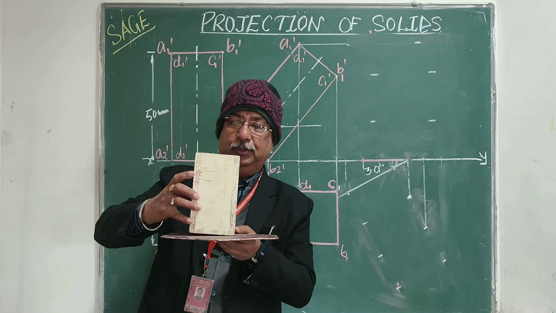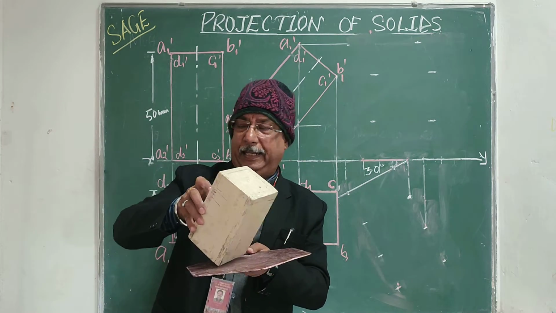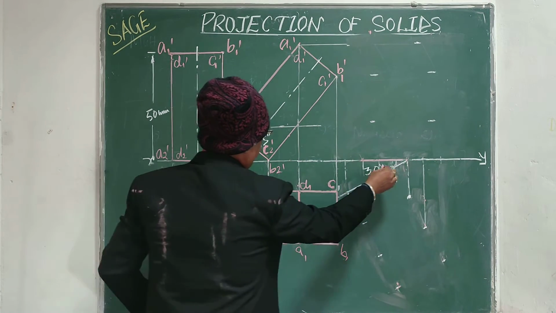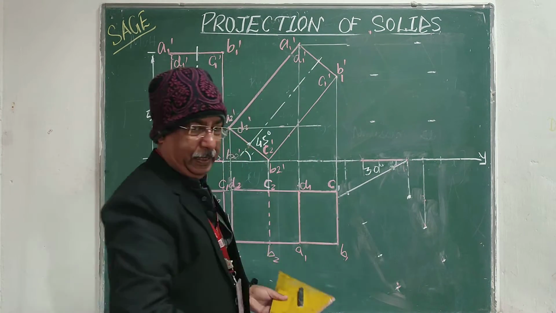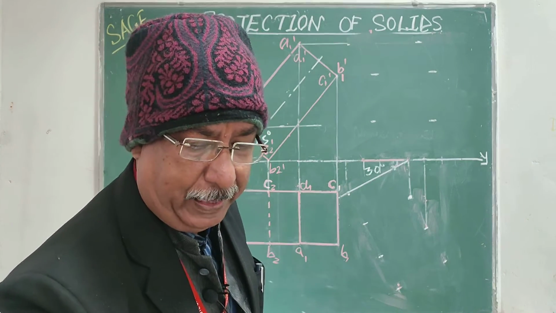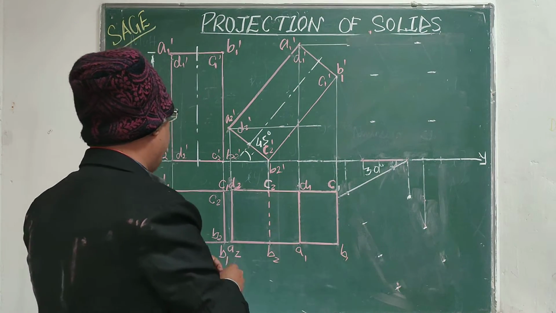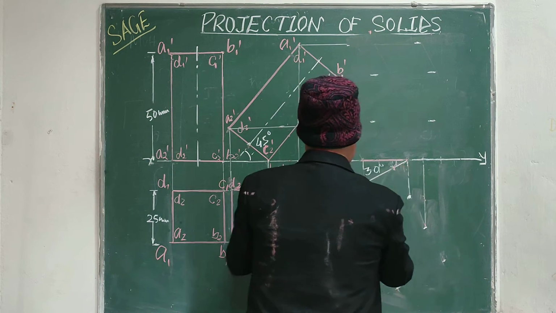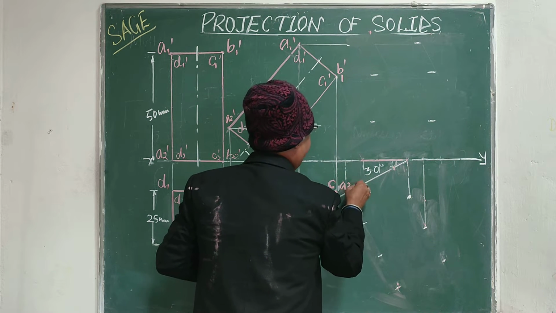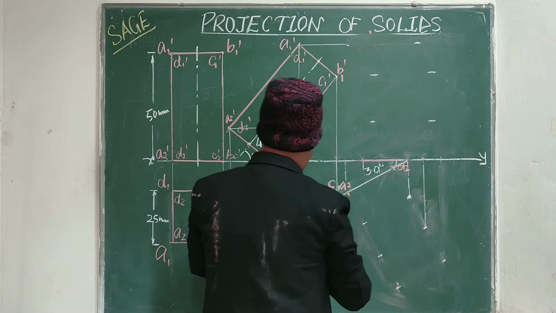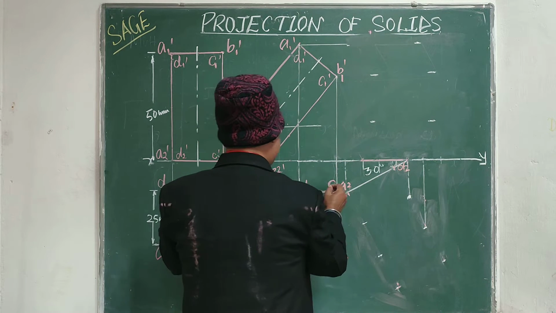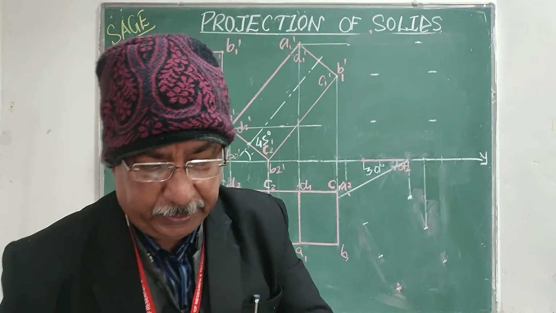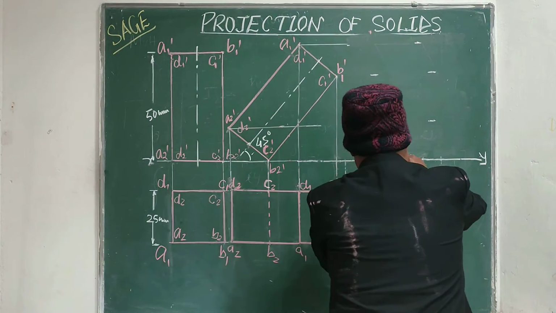So what I am going to do, I will copy the whole figure and rotate it like this. So in the figure, this will be like this. I will draw a line at 30 degree, and on that line I will copy this edge, that is the edge A2 and D2. So picking from this figure, I will mark A2 and D2, and with reference to this A2 D2 I will copy the complete figure by picking these distances like this in the perpendicular direction, and I will copy the whole figure.